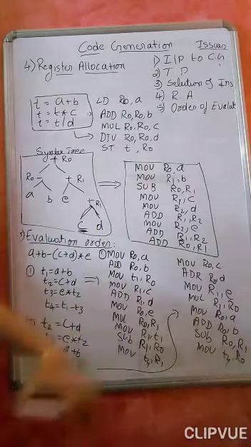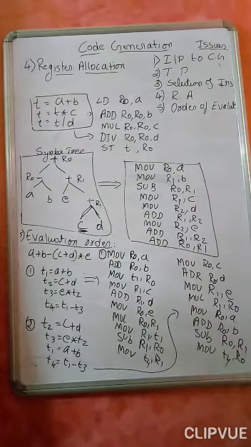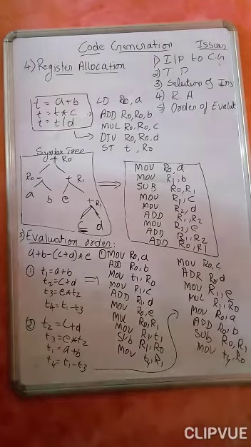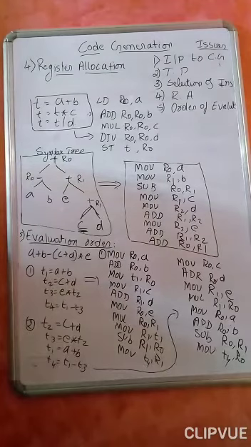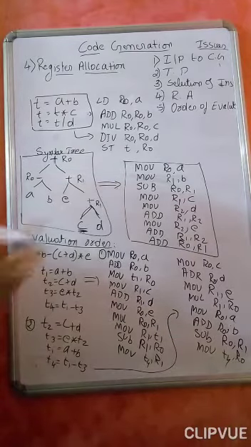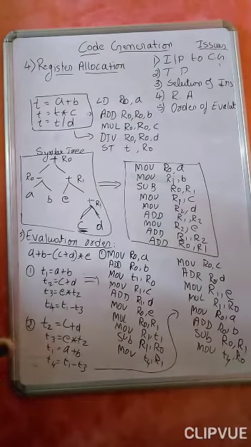Target code here is what? Target code here is nothing but an assembly code, not a relocatable machine code or an absolute machine code. It is an assembly code only. Target code, whenever we are saying it here, it is an assembly code only. Again, this has to be given to the assembler. The assembler will convert that one into the machine code.